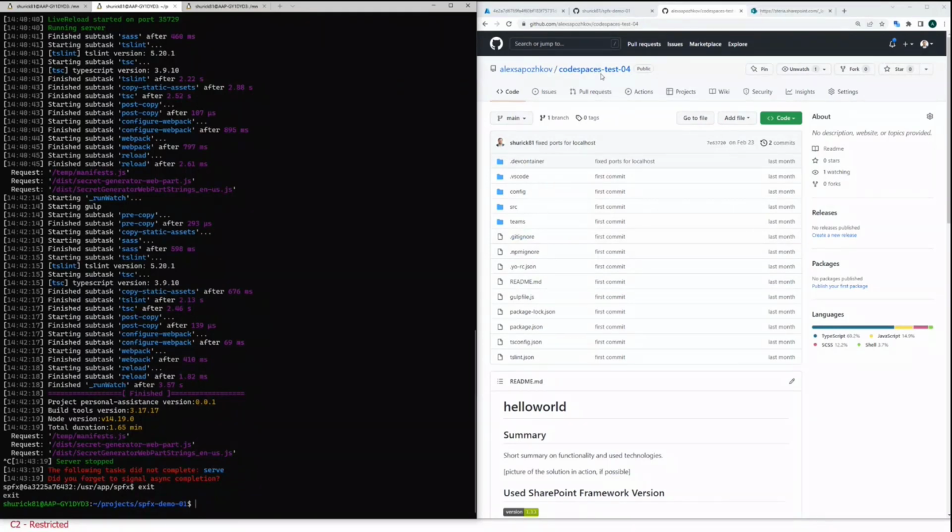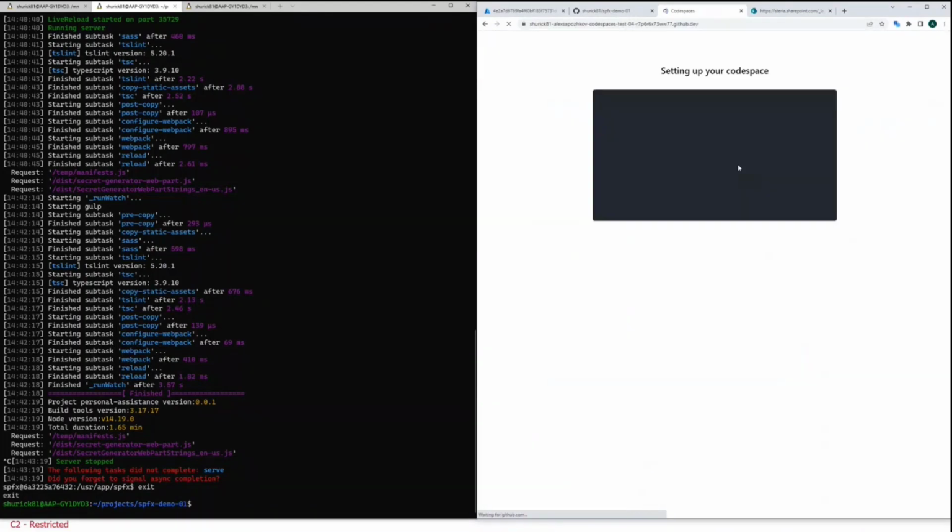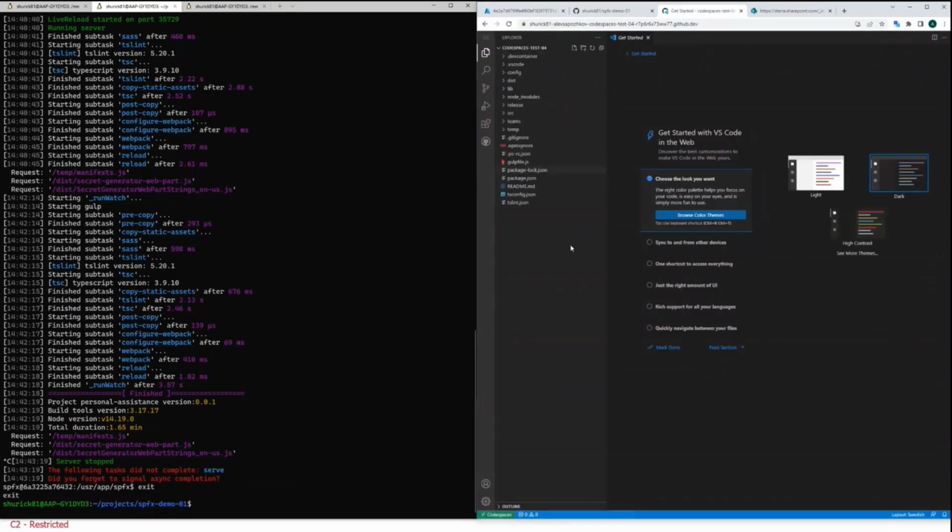All right, so this project is prepared for Codespaces, and I go like this. I start the Codespace. This is a container that will be running in a GitHub data center. So from this, I want to connect to Visual Studio. Open Visual Studio Code.